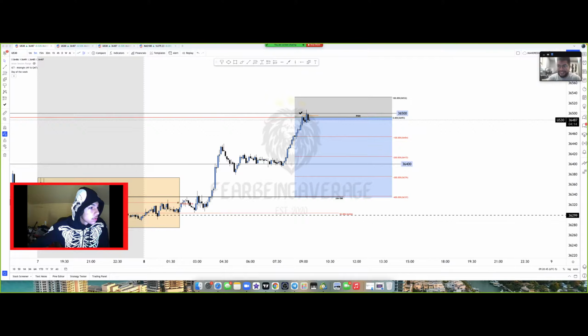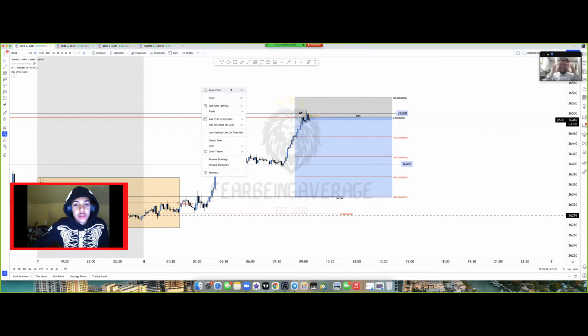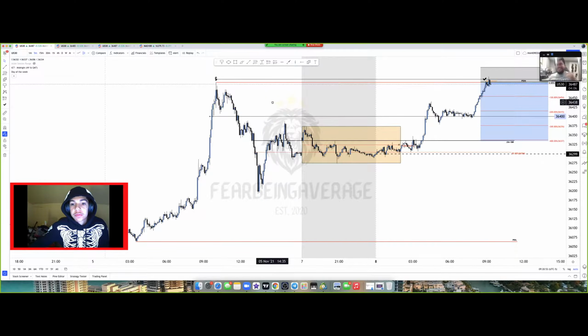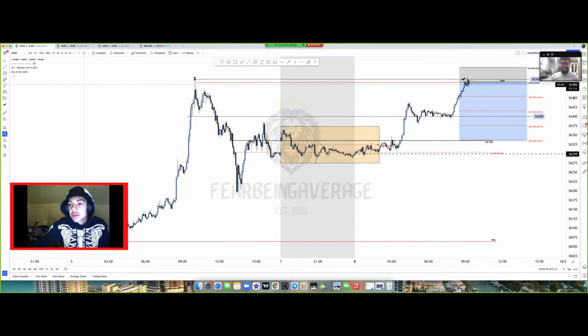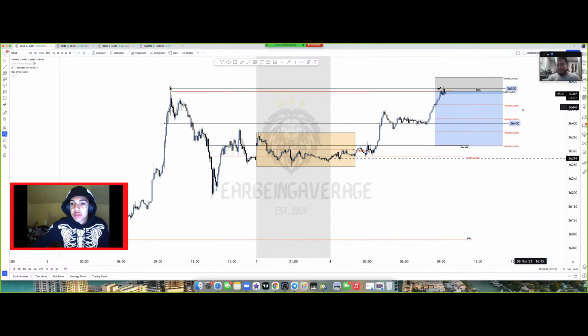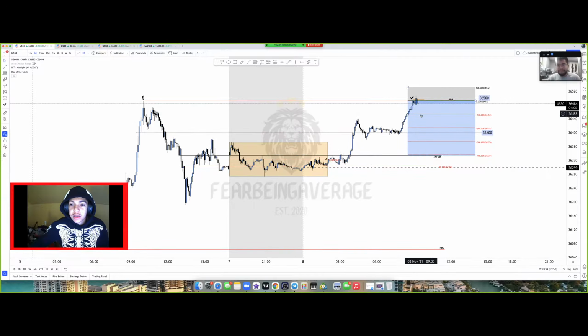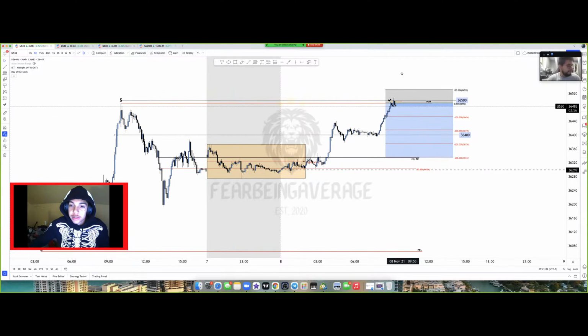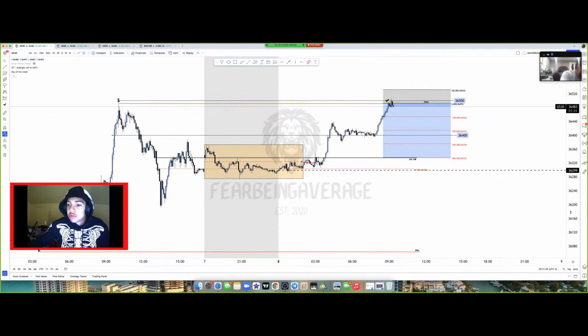Everyone's trying to sell US 30 right now. Because we're at an all-time high, we could potentially catch a good drop if this drops well. So we gotta see. It's either going to be a big drop or it's going to be a short-term drop that just allows price to have a short retracement before just going back for all-time highs. Those are like the only 2 things that could happen here.